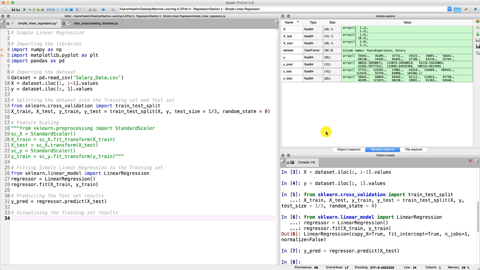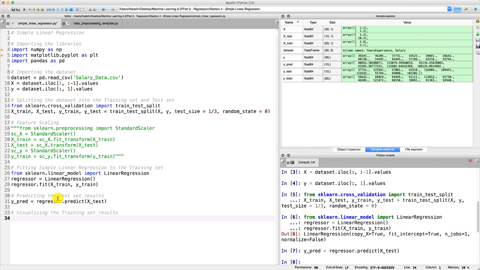In the previous tutorials we did the first steps of making our simple linear regression model, and those included the data preprocessing step, then fitting simple linear regression to the training set, which is where our model learned the correlations to make the future predictions, and then speaking of predictions as the third step, we predicted the test set results, and now we are finally getting to the fun part, which is to visualize the training set and the test